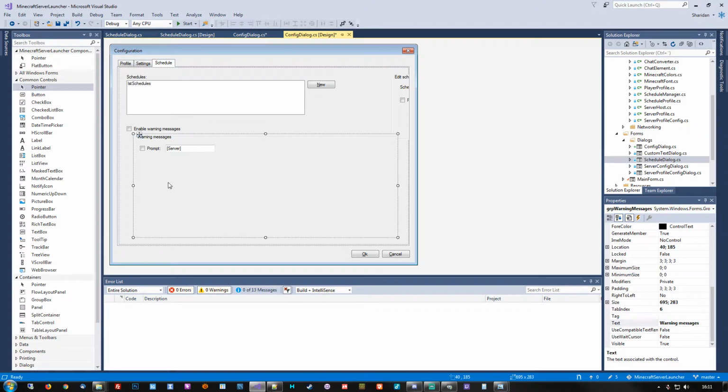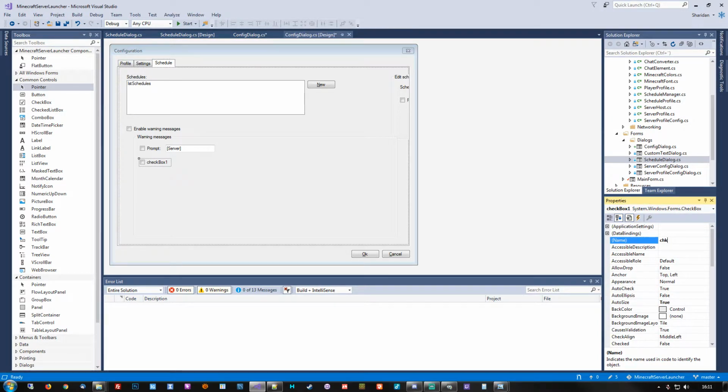And then let's see, check warning 10 minutes. Warn 10 minutes before scheduled restart. Actually,